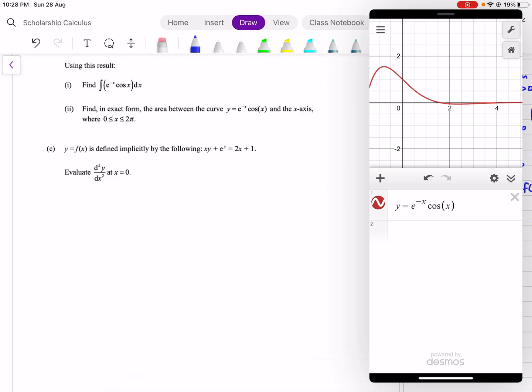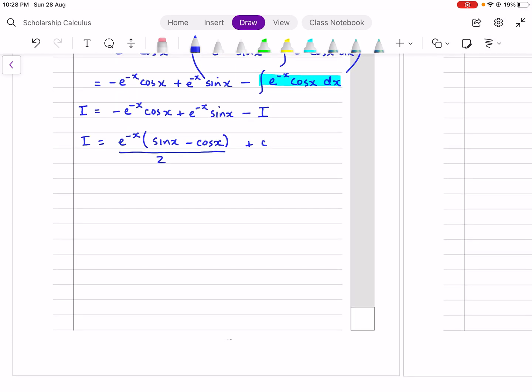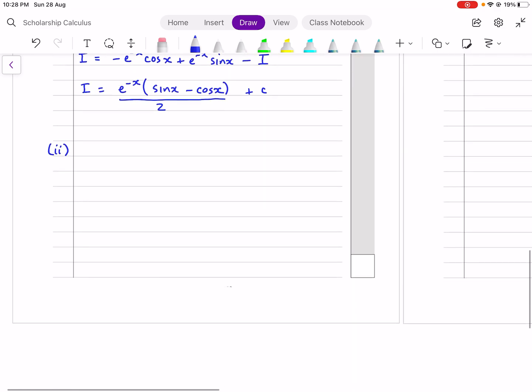Okay, so we get rid of that. If we just integrate from 0 to 2 pi, we're going to get the wrong answer. So name that part I. Okay, so the area